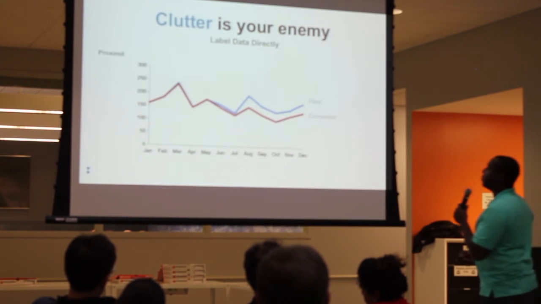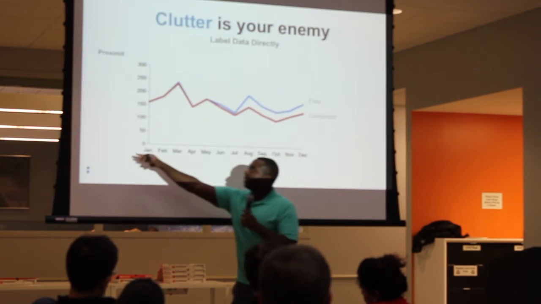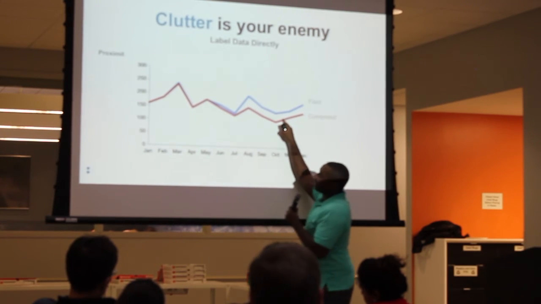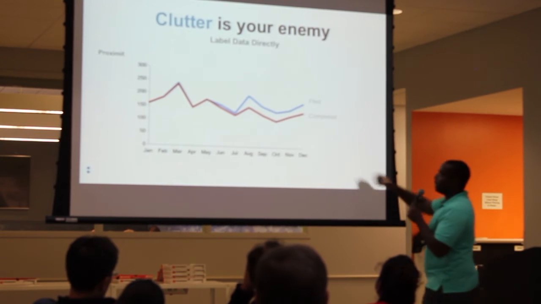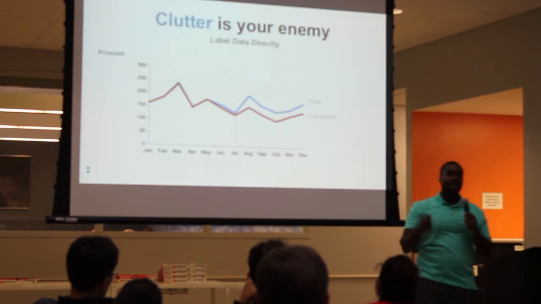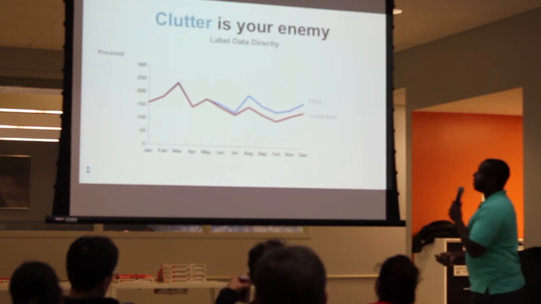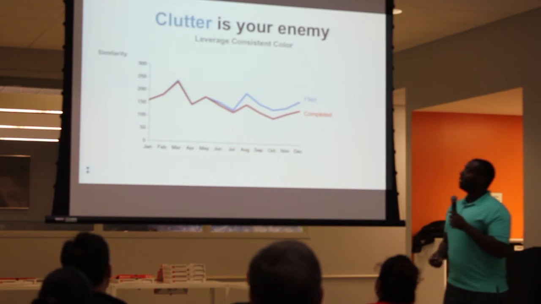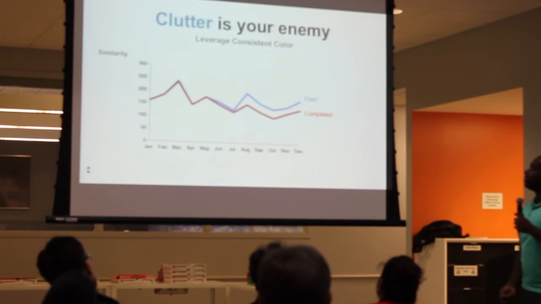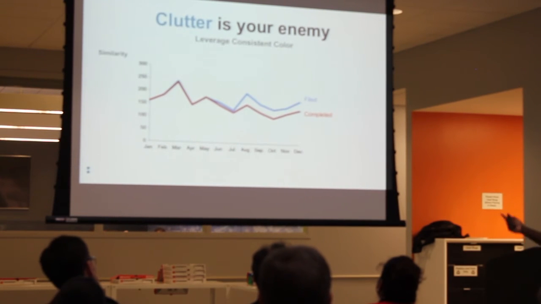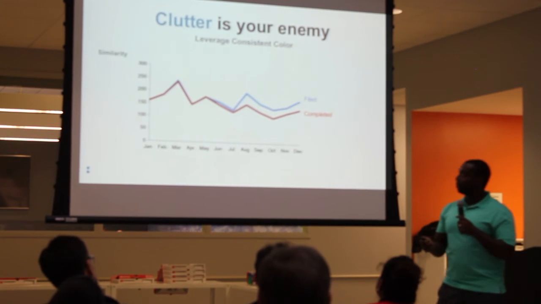And so now we label the data directly. This is very useful as well. Sometimes you have a legend, it might be way over here, and we're looking at the data over here, and that takes a lot of cognitive load to try to figure out what's going on. If you label it directly, then we know the number of tickets filed and the number of tickets completed. And here we take advantage of similarity. They have similar colors, so they're consistent. It's even easier, before we even read it, to know which is associated with which.